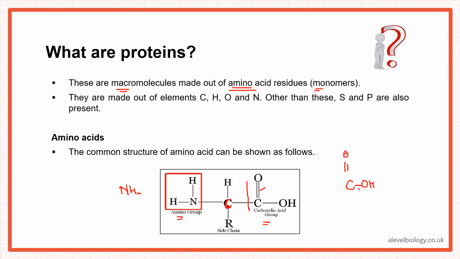Other than that, beta, the carbon also needs to have one hydrogen attached to it. We are talking about the central carbon right now. And then at the other end, it can have any side chain. So this R can be any molecule. So all of these would actually make the structure of a protein. We have an amino group, we have a carboxylic group, we have a central carbon attached to hydrogen, and then it can be attached to any other side chain. Is it clear, beta? This whole structure?